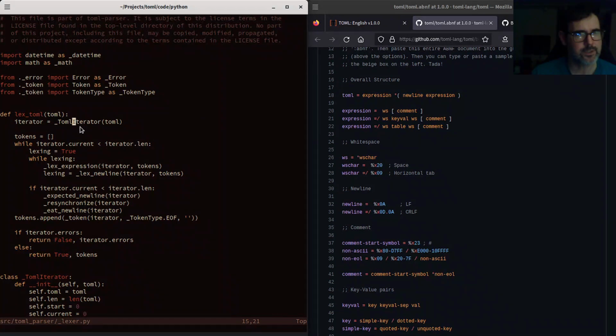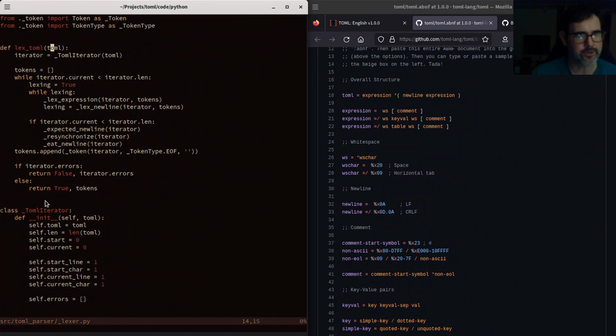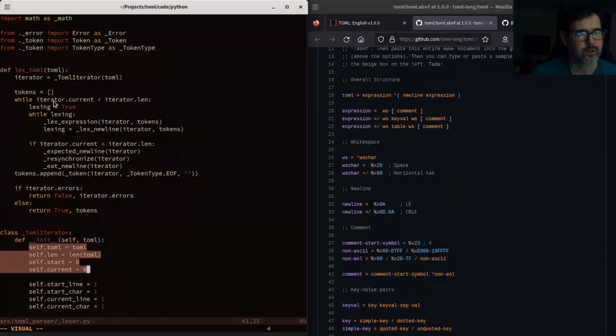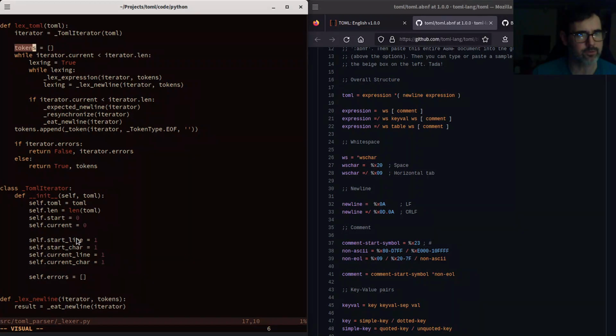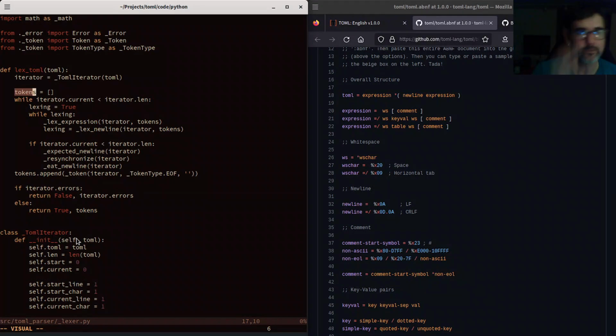So basically we turn our TOML, which is assumed to be a string, into an iterator, which keeps track of where we are in the file, the errors we're collecting, and where we are in the TOML. Then we start our list of tokens, because we're going to parse as we go through in lexing. We're going to start creating tokens. And then while we still have some TOML,